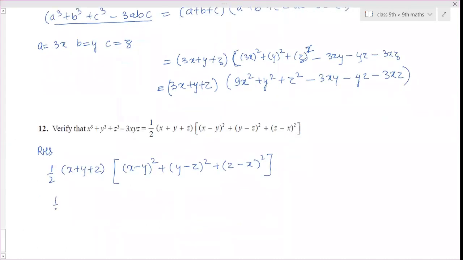That is equal to 1 by 2. We have to open the brackets. Inner brackets we have to open first. So x minus y whole square is x square plus y square minus 2xy plus